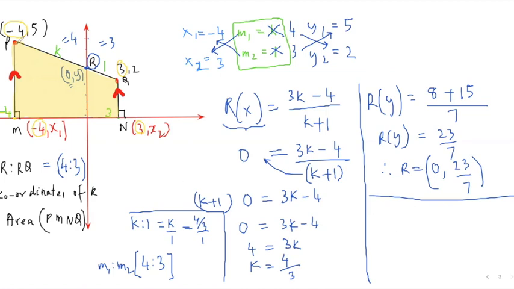So what's the length of PM? The length of PM is the y coordinate, right? So it starts from y equals 0 to this. So it's 5. PM is 5. And QN is again 2, because it starts from y equals 0 and it ends up at y equals 2. So it's 2. Is that okay, guys? So the area is the average of the parallel lines, right? So 5 plus 2 by 2